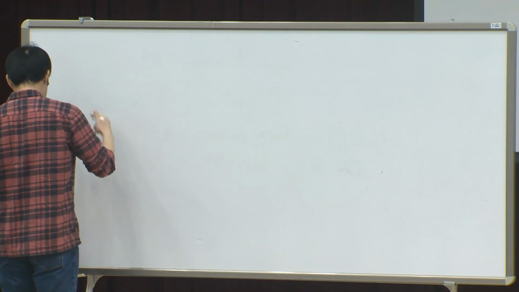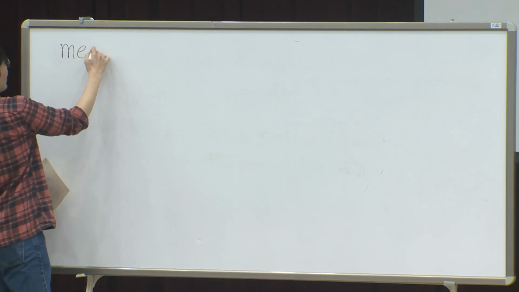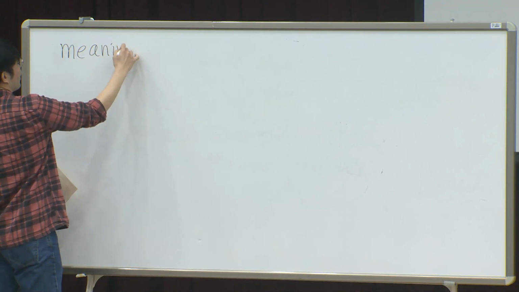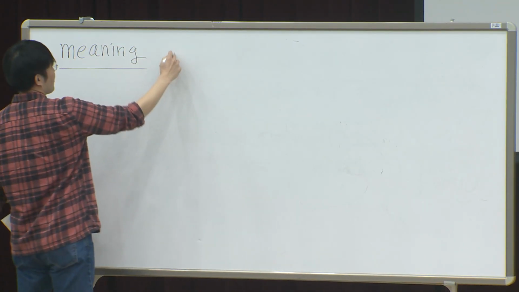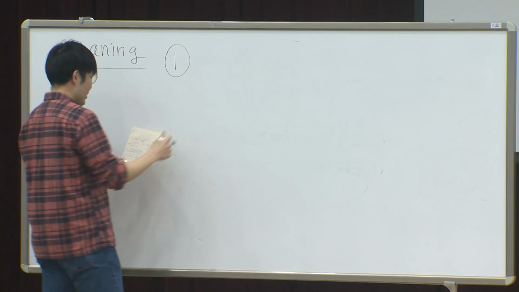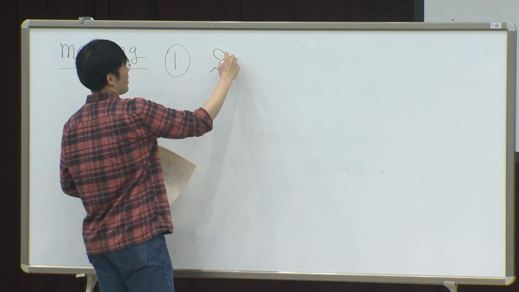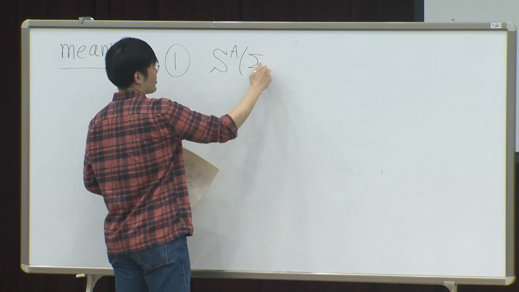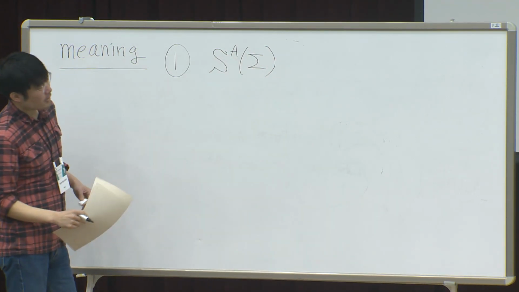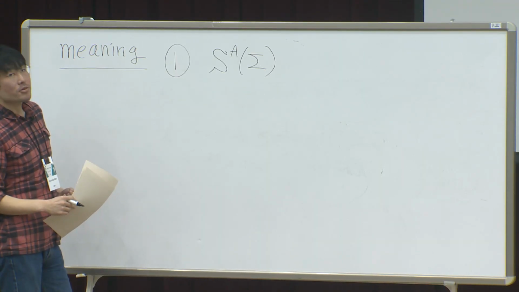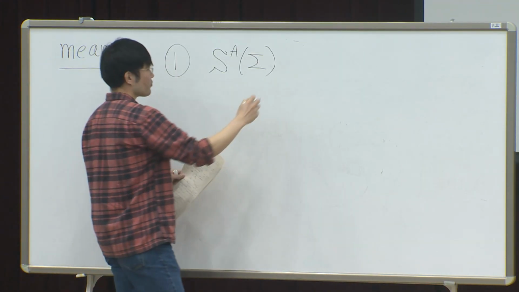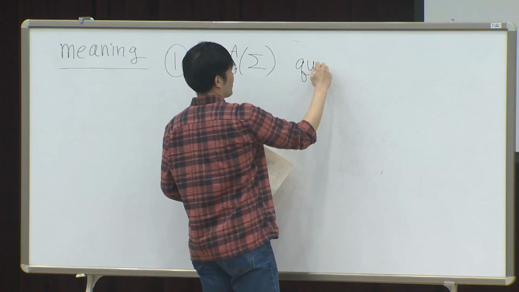So here's one meaning of why would someone consider such an algebra. So meaning one is that this skein algebra, as we defined, in fact makes sense also for closed surfaces, up to now. It quantizes